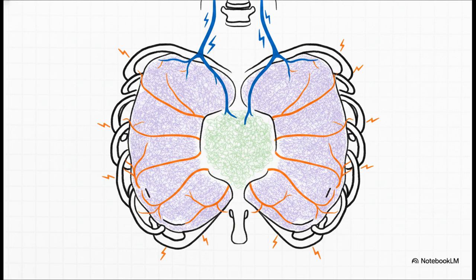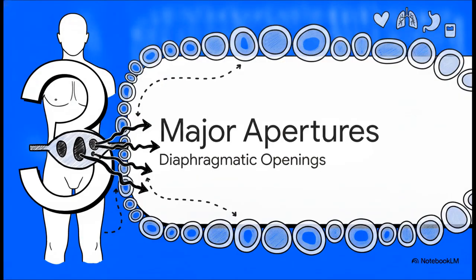However, the sensory innervation is actually split. The phrenic nerve handles sensory info, like pain and proprioception, for the central part of the diaphragm. But the peripheral edges, that sensory supply comes from the lower 6 or 7 intercostal nerves and the subcostal nerves. Jot down that split because it becomes critically important when we discuss clinical presentations of referred pain in just a couple of minutes. Let's move into Part 3,